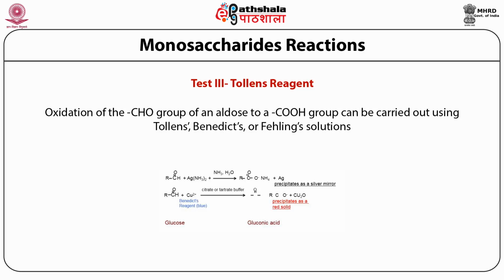So if the hexose or the aldose sugar here is glucose, the end product that we get here is gluconic acid, and the conversion from glucose to gluconic acid in case of Tollen's reagent is followed or quantitated by the appearance of a silver mirror on the walls of the test tube, and is monitored by the appearance of a red solid precipitate if we are using Benedict's reagent to test for the